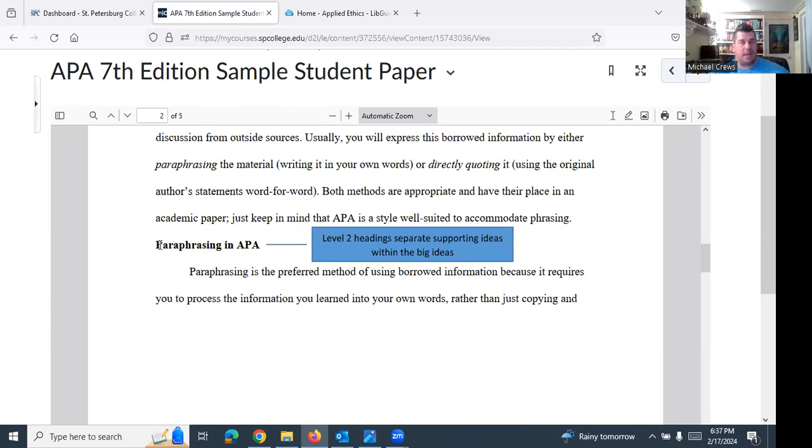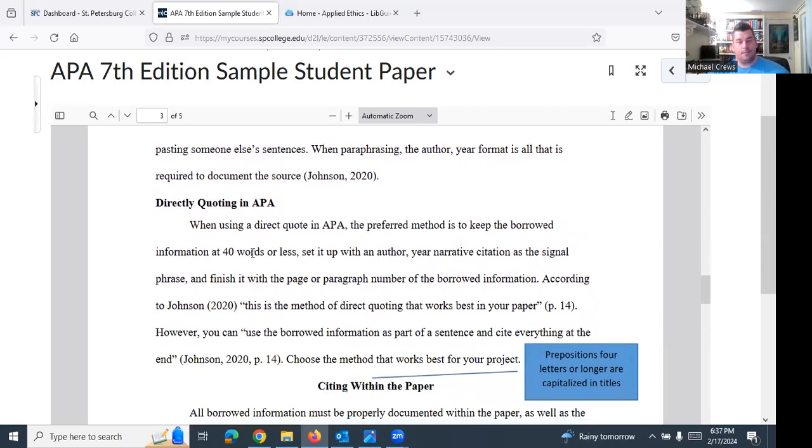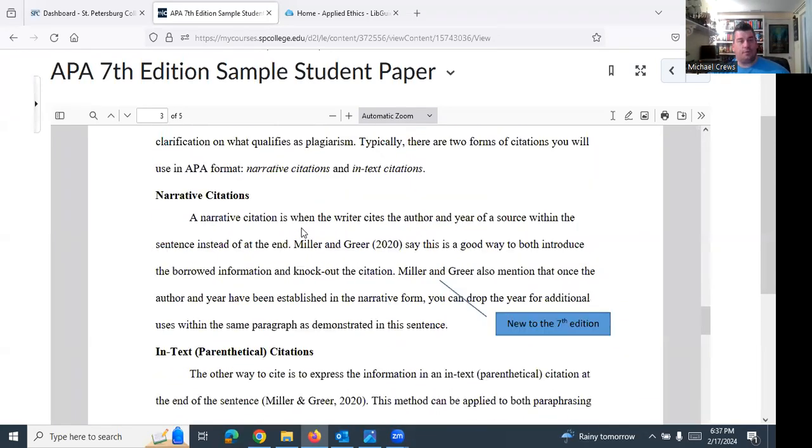But this is just a better technique for putting that research into your paper because it allows you to maintain your own voice, but also shows that you truly understand what you found and wrote about rather than just grabbing and copy paste, okay? So if you need to know more about paraphrasing, feel free to use this section here as well, okay? And then you just keep going through and it tells you more about stuff like your narrative